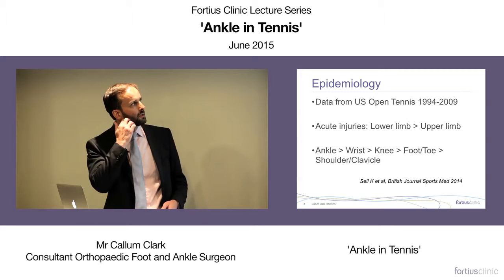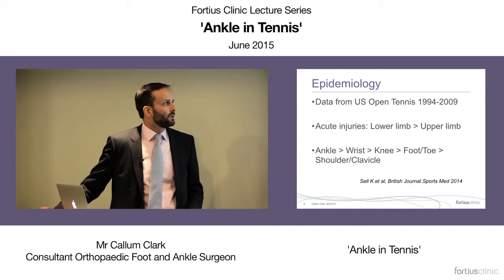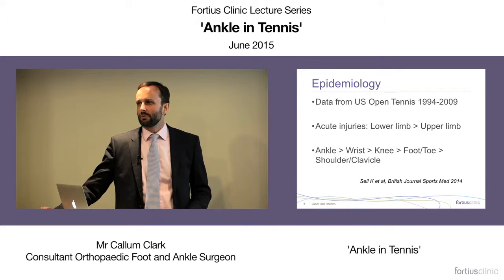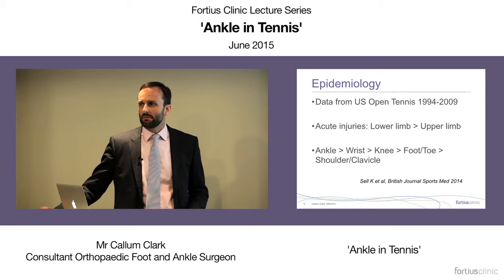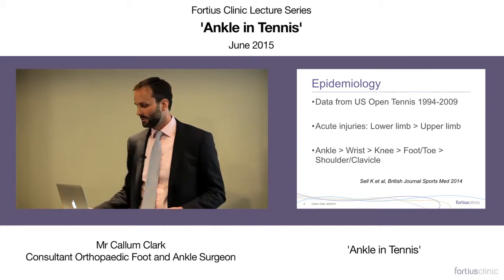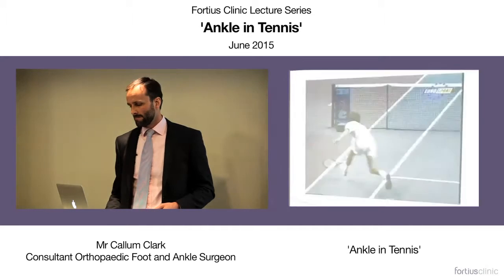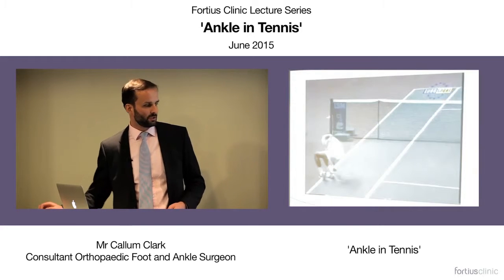So this is an interesting paper, relatively recent. Data from 15 years of the US Open tennis, looking at the injuries encountered. And what you find is that lower limb injuries outnumber upper limb, certainly in acute injuries. And that the ankle is the most common acute tennis injury. And of course, most of these are inversion sprains. So we're going to concentrate on this, the inversion injury, which is so